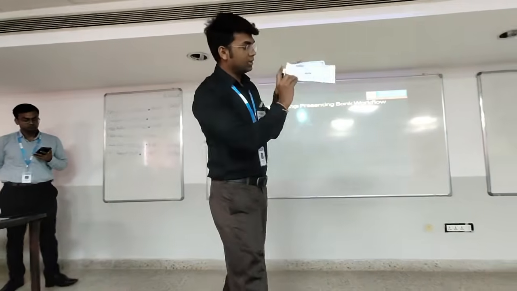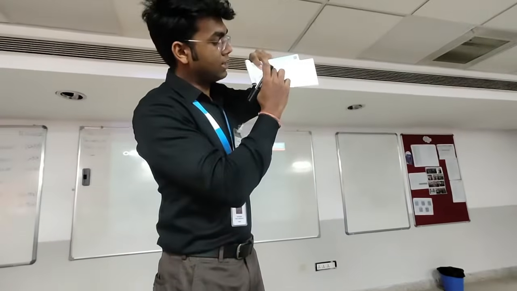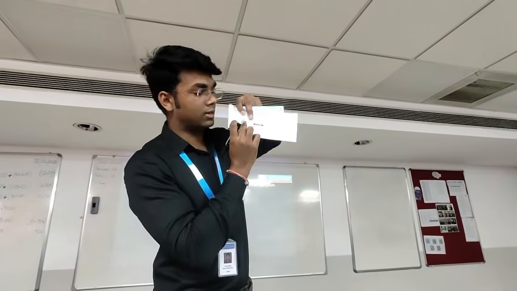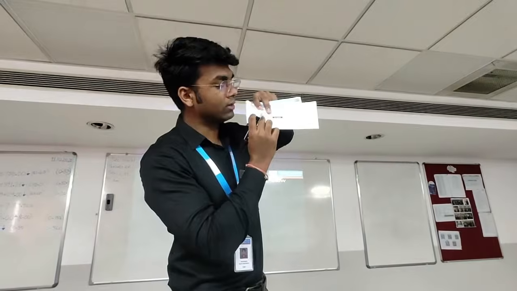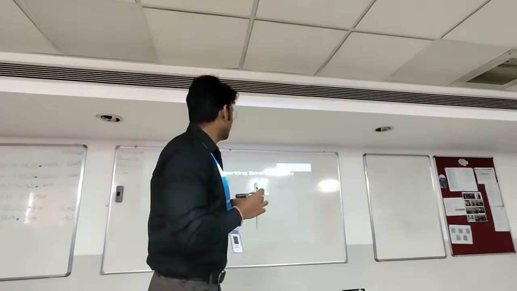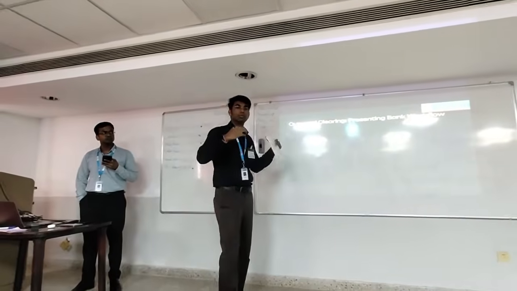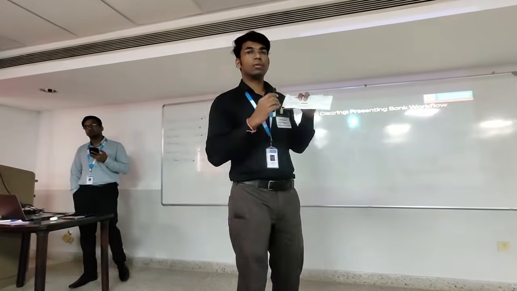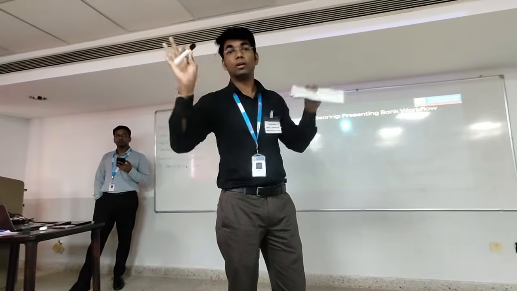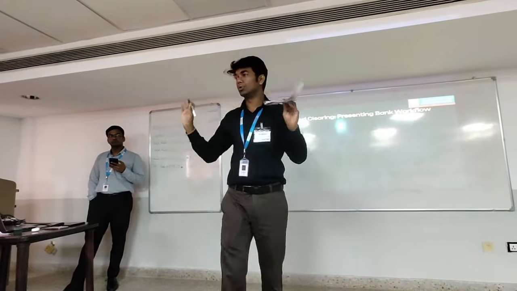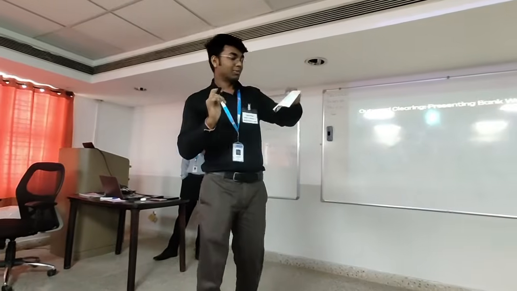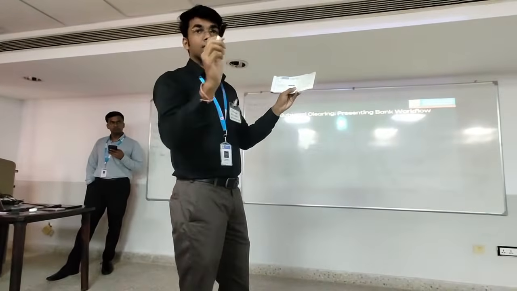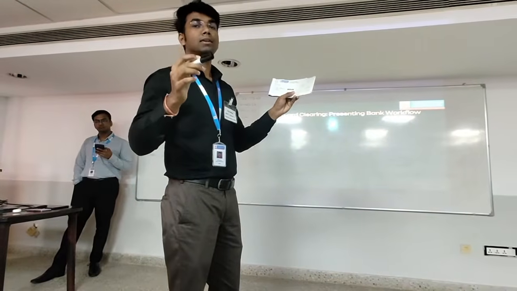Then you can see the account number. Just below the account number there is something that I call pantograph ink. Whenever any person is going to photocopy or xerox it, it will be shown on the photocopy as void, or something like that. It will be shown.